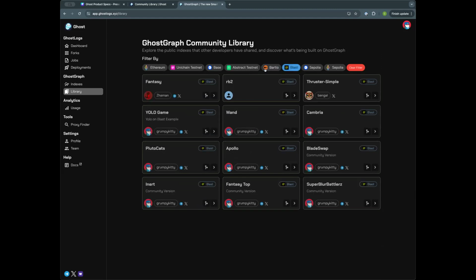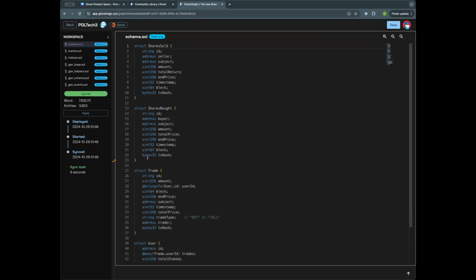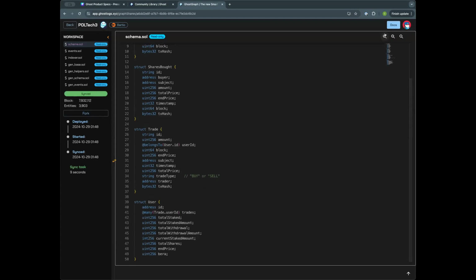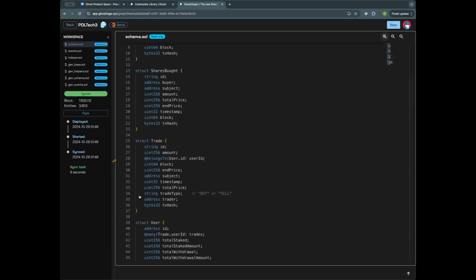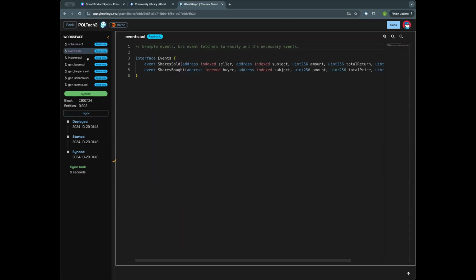So yeah, you can play around with it. Let's say Barry from the Bera chain team created this POL tech, where you can see essentially a friend tech fork with additional sugar. And here you can see, if we want to have one user and a user can have many trays, we can use this syntactic sugar to link tray objects along with the users, right? And then later on, you can query it. So if you want to just play around with this, you can simply fork it